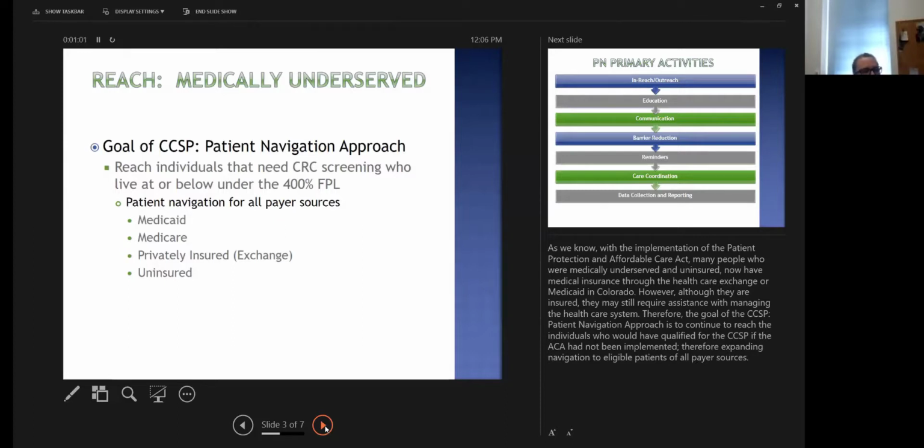At that time, colorectal cancer, and still today, is one of the leading causes of cancer death. What was interesting is that when we started this program, we really hadn't embedded navigation as one of the central tenets of the work we were doing. We did think a little bit about the care transitions between specialty care and primary care for people who needed colorectal cancer screening. But the navigation component really started to become